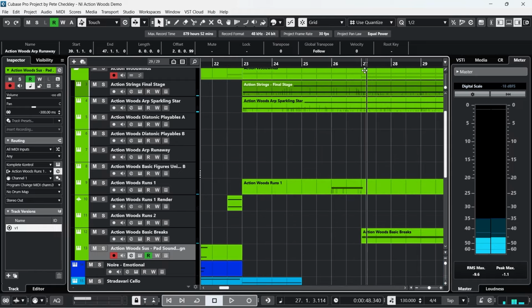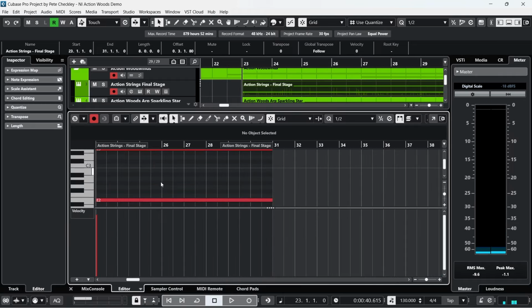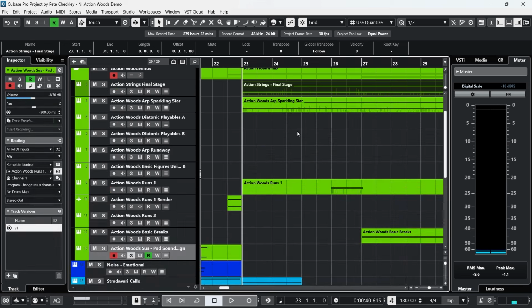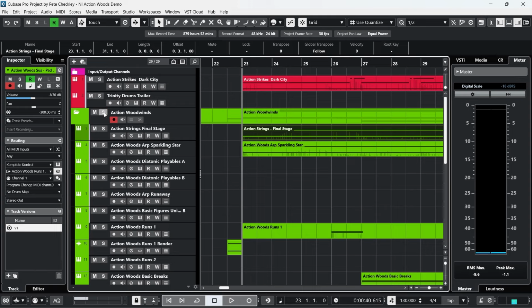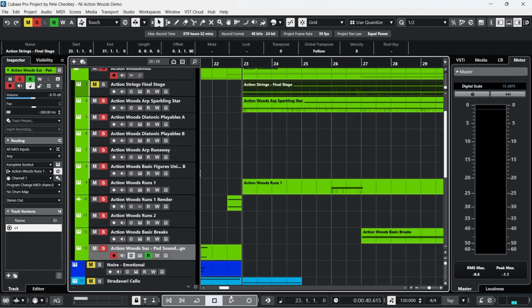Okay, now, as I already said, I'm just holding down the same note. So we've got a couple of E notes, we've got an E note there, we've got an E note there. But of course, we're playing different articulations. So if I just solo these off and I mute the strings just for a moment,